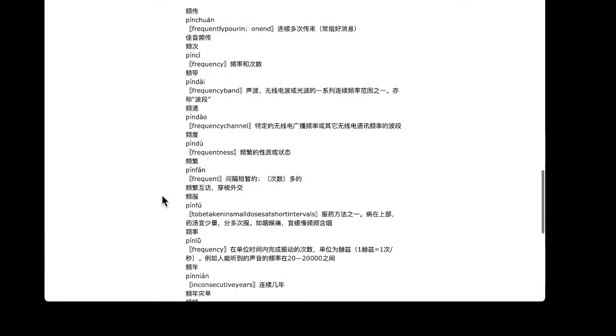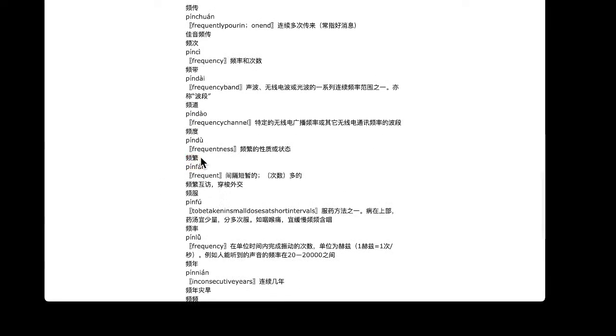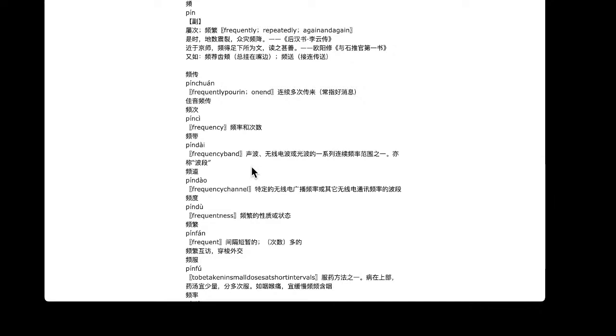Now, ping also has like a ping fan. It should be frequent or regular. Because fan means numerous, repeatedly, and a lot of them, many times. Ping. Yes. Ping would be frequency. Ping is a channel like on the radio or the TV, because you tune into a certain frequency of the broadcast.